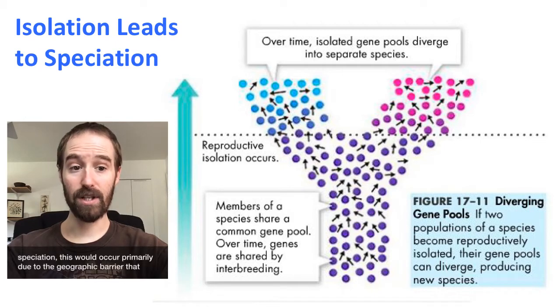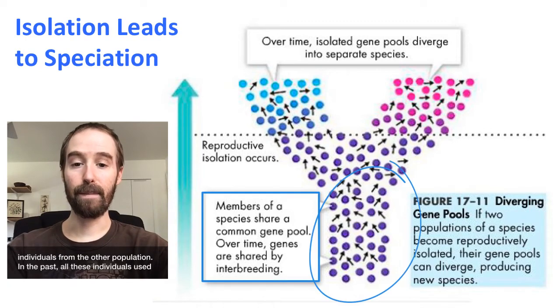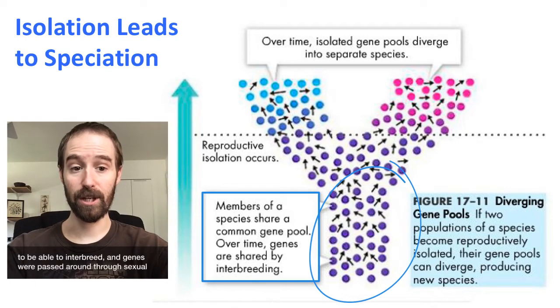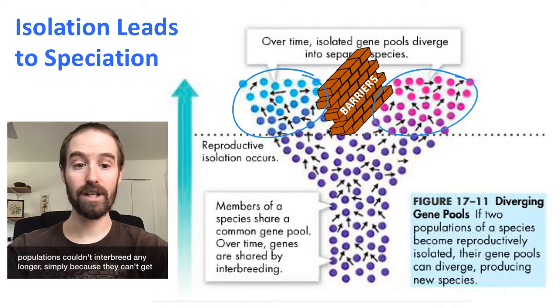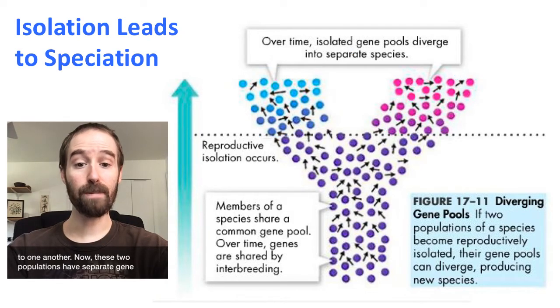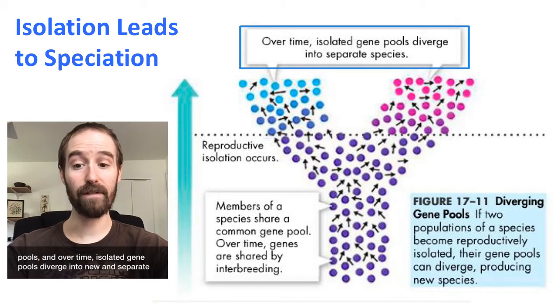In allopatric speciation, this would occur primarily due to the geographic barrier that prevents individuals from one population from being able to reach individuals from the other population. In the past, all these individuals used to be able to interbreed, and genes were passed around through sexual reproduction. That's what it means to be part of the same gene pool. However, after this barrier split the population, these two new populations couldn't interbreed any longer simply because they couldn't get to one another. Now, these two populations have separate gene pools, and over time, isolated gene pools diverge into new